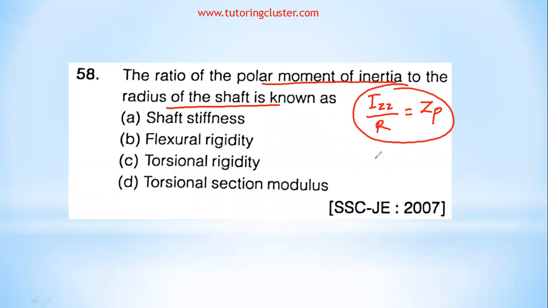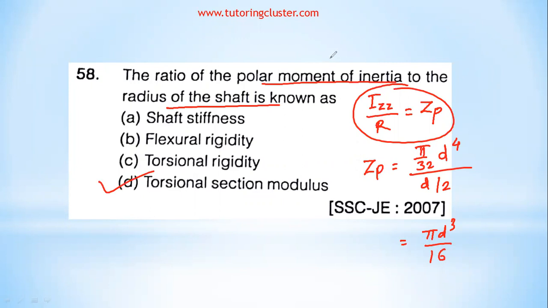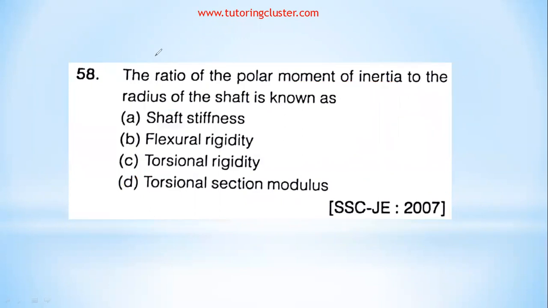So let's say if you want to calculate ZP, it will be how much? Pi by 32 d to the power 4 upon d by 2. So how much it will be? It will be pi d cube by 16. Okay, torsional section modulus. Next,